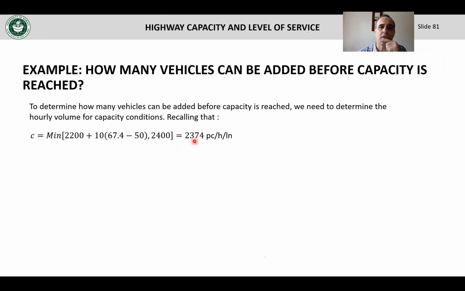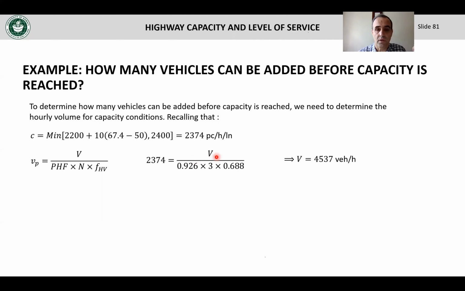So that gives you this value of 2374. We're using that value for the capacity. And so if we make our flow rate equal to the capacity, assuming everything else is fixed, which, you're going to see, some of those assumptions are not that strong, they're not that reasonable. So assuming everything else is fixed, you can use the same peak hour factor, the same heavy vehicle adjustment factor, the same number of lanes,